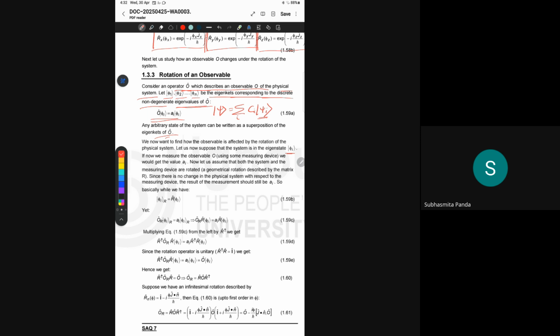If we measure the observable O using some measuring device, we would get the value A I. Let us now assume that both the system and the measuring devices are rotated. This is important. We assume that both the system and the measuring devices are rotated. A geometrical rotation described by the matrix R. Since there is no change in physical system with respect to